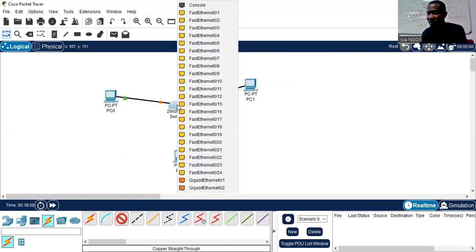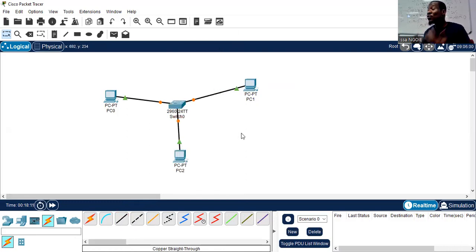All right. Okay, so I'm gonna use the class A, right? For class A, we know that the first octet, the first part, must always be between 0 to 127. So I'm gonna go to my computer,